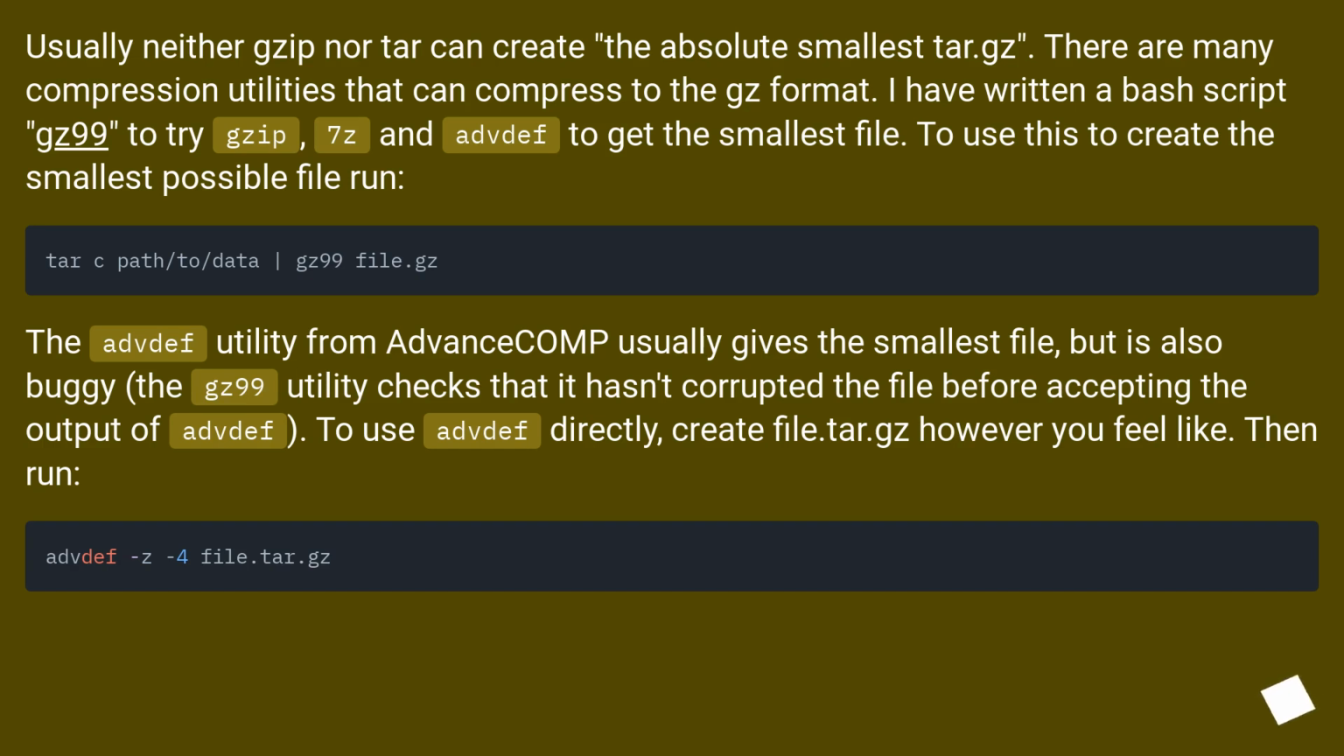The advdef utility from AdvanceCOMP usually gives the smallest file, but is also buggy. The gz99 utility checks that it hasn't corrupted the file before accepting the output of advdef. To use advdef directly, create file.tar.gz however you feel like. Then run: